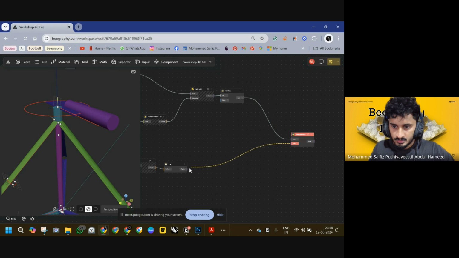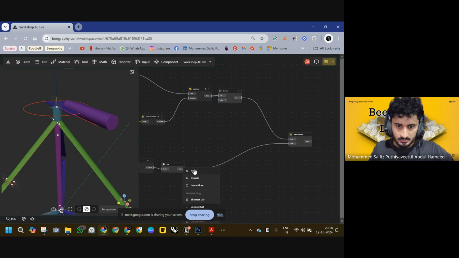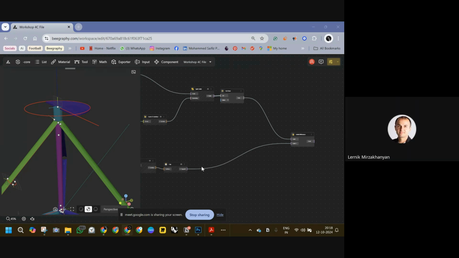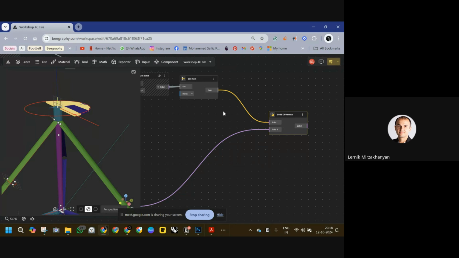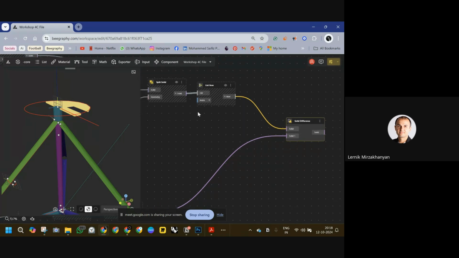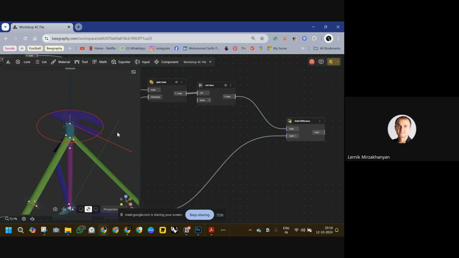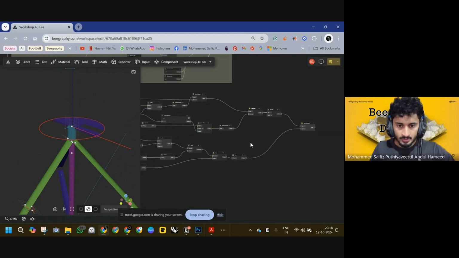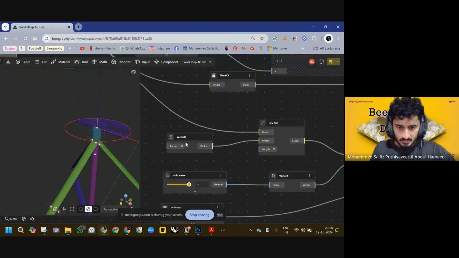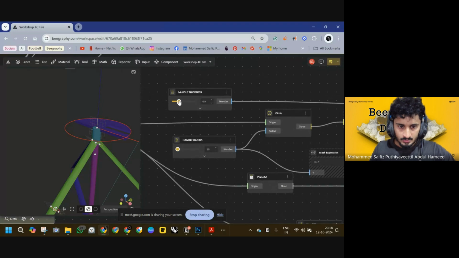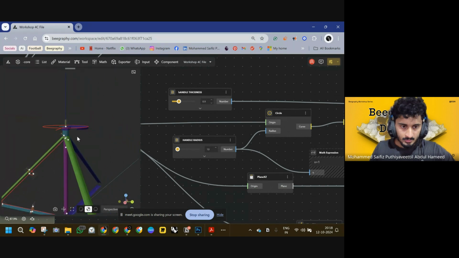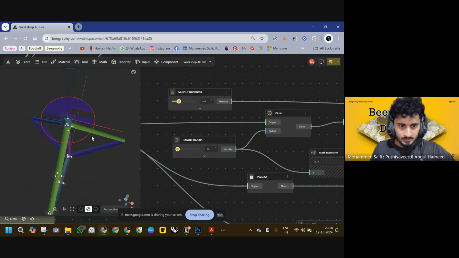When we subtract it with the other solid, yep, so we have that void. Now you can adjust the thickness. Okay, so we have half of the